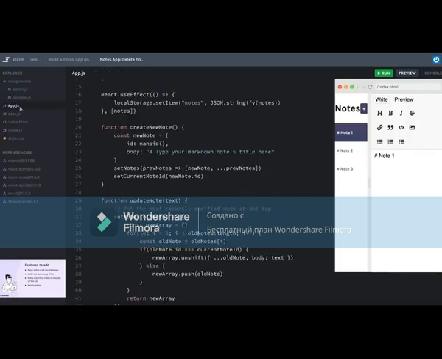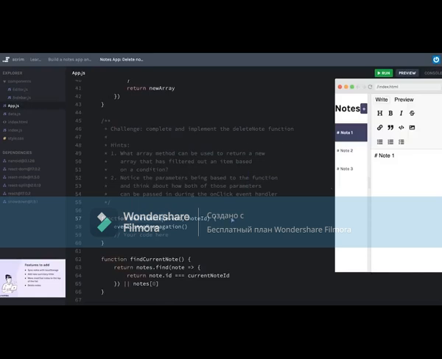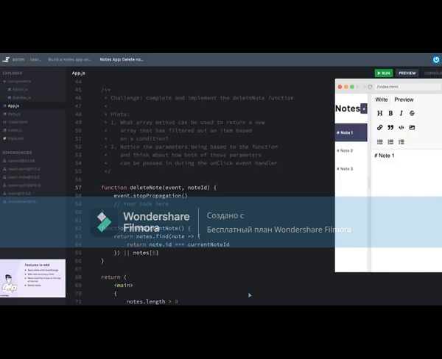So let's look at the challenge. It's to complete and to implement the delete note function. Now, I've given you a couple of hints here. The first one is to think about what array method you can use to return a new array that has filtered out one of the items, in our case, because we're just deleting one item, based on some kind of condition. Hopefully the language of that hint can give you a pretty good indication as to what array method you